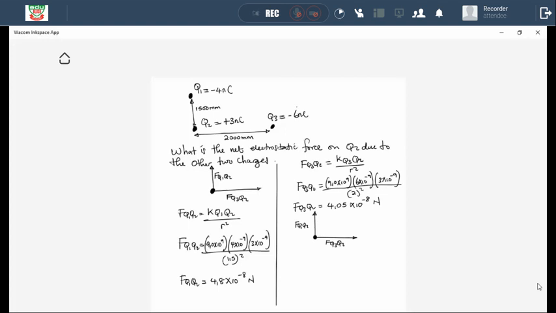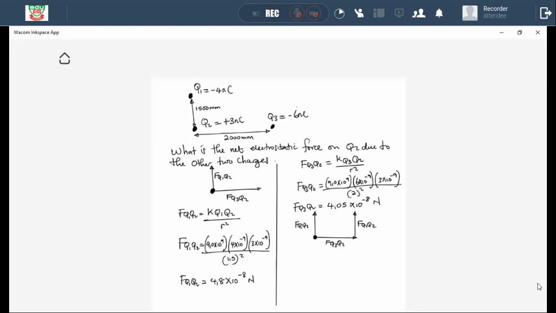So these two are parallel, and by virtue of being parallel, it means they are equal. That is a principle. So I draw it here. That's the tail to head method. So this also represents F Q1Q2,